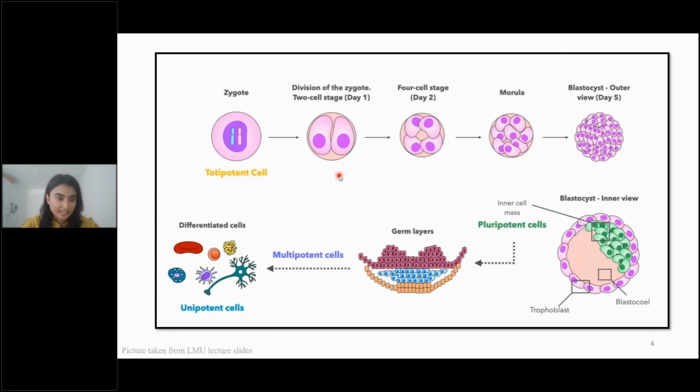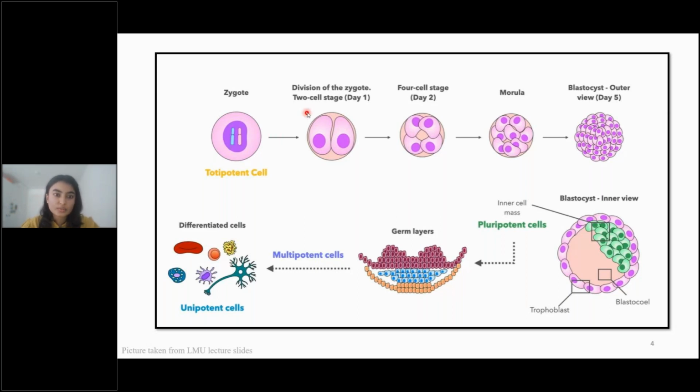So this is fertilization. When a sperm and the egg cell meet, we have the zygote, right? 50% from the father and 50% from the mother, so we have two sets of chromosomes. It's diploid. The zygote is a totipotent cell. What does it mean? A totipotent cell is a cell that can directly form a whole other being. For example, there are cells which are totipotent in plants. If I take one totipotent cell, I can produce a whole plant out of it. So that means it's totipotent.